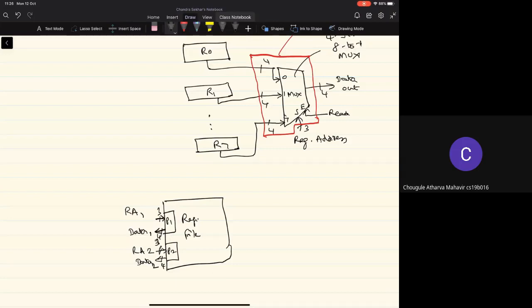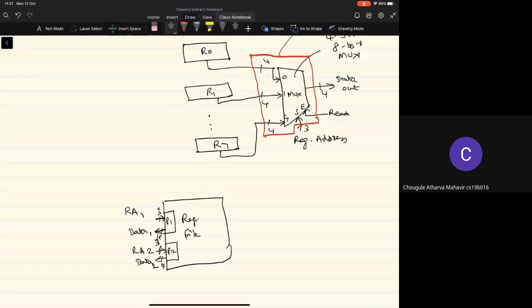What we are talking about is duplicating the logic for the port. What do I mean by that? We'll have 2 multiplexers. One multiplexer will take the register address 1, and then it'll get the corresponding register's contents as the output of that multiplexer. And there'll be another port, which is another multiplexer of the same configuration. It will take the register 2 address, and then the content of that register will be made available on the output lines of the multiplexer.